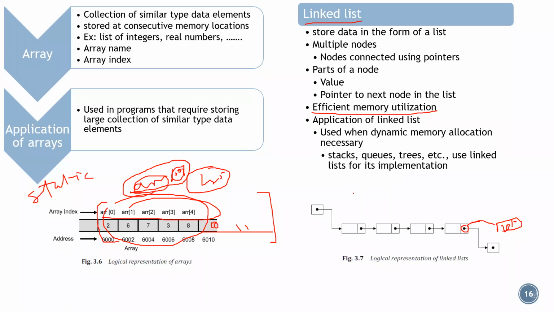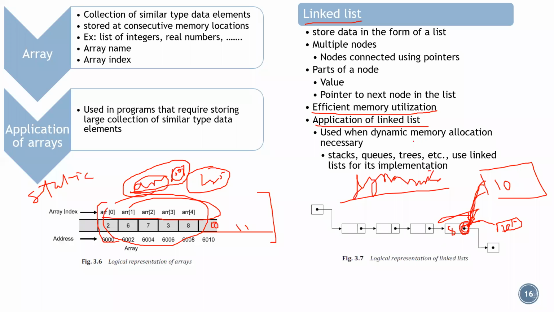But in a linked list, what happens? You are not telling that 50 elements are present. You are adding it as and when it comes. So here you are making use of what is called dynamic memory allocation. If a new element has to be added, you access a memory location, store the information in it, and store that address information over here. This tells that after 8, 10 is the element whose address can be accessed over here. So efficient memory utilization is done.